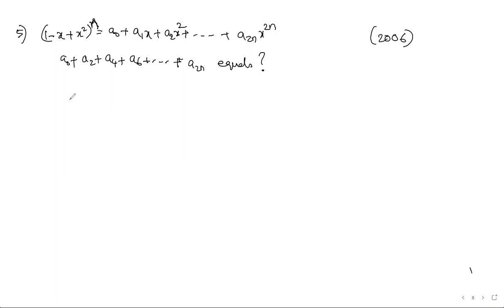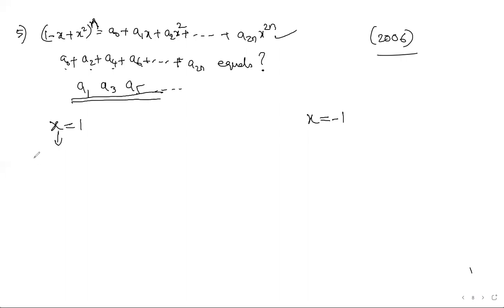Now (1 minus x plus x square) whole power n equals something like this. They want us to find the value of a0 plus a2 plus a4 plus a6 and so on up to an. It was given in 2006. So what they want is to cancel away a1, a3, a5 and so on. We have already seen in the previous example, if you want to cancel the odd terms, what should we do here? In this example, if we place x equal to 1 and x equal to minus 1, then